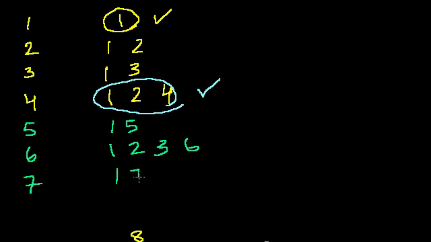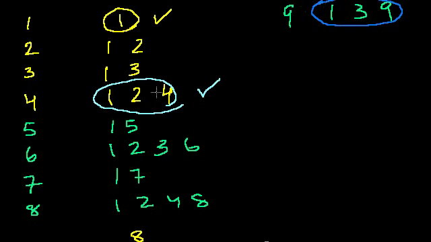7. It's 1 and 7. 8, we just did that. It's 1, 2, 4, and 8. Still going to be off. 9. Let's see. 9, the factors are 1, 3, and 9. Interesting. Once again, we have an odd number of factors. So 9 is also going to be on when everything's